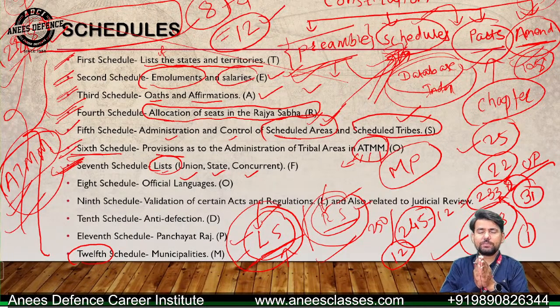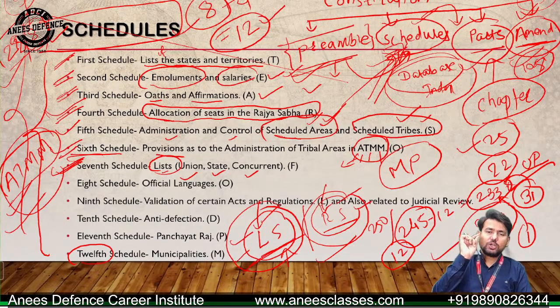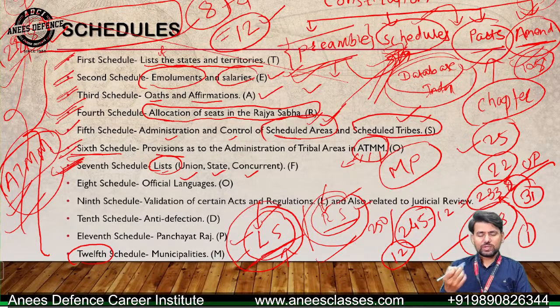तो इस तरीके के कॉन्फ्लिक्ट में सेंटर का लॉ चलता है। सी, कॉन्करेंट लिस्ट के जो सब्जेक्ट्स पे बेशक उस पर स्टेट भी लॉ बना सकते हैं और उस पर सेंटर भी लॉ बना सकता है, बट अगर एक ही सब्जेक्ट पे दोनों ने लॉ बना दिया तो ऐसे केस में द लॉ मेड बाय द पार्लियामेंट और यू कैन से द सेंटर विल प्रिवेल। प्रभुत्व किसका होगा? सेंटर ने बनाए हुए लॉ पर। इसका मतलब इन शॉर्ट यू कैन से दैट even on the concurrent list